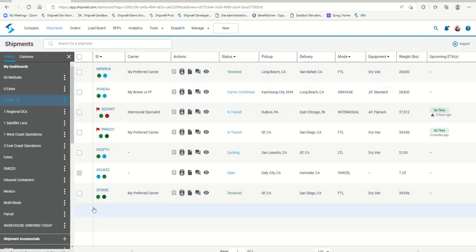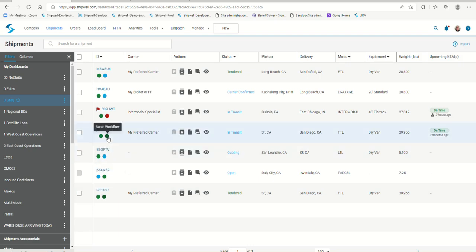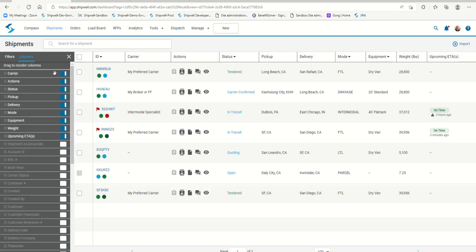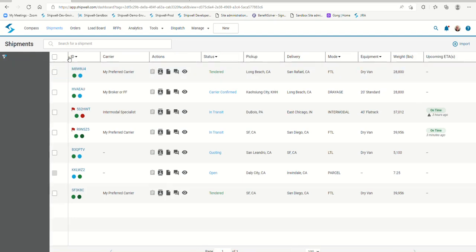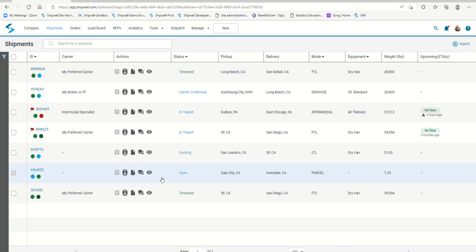So as I mentioned, I've gone in and I've got these basic workflows. I've got some level 3, level 4 information that's available in different modes, and I've got these all highlighted and filtered based on my preference. And again, the ability to drag and drop or turn on or turn off different filters